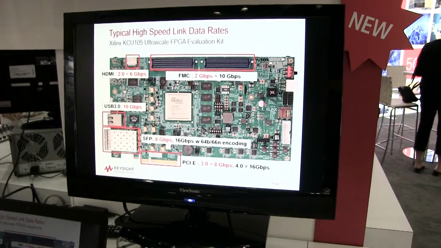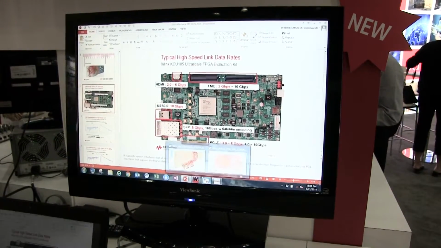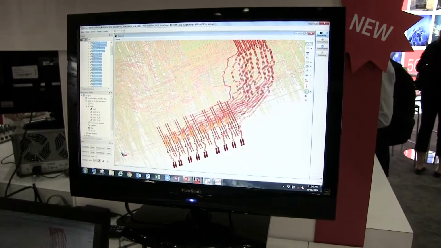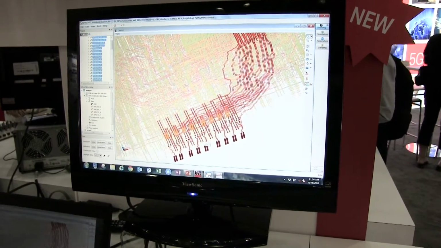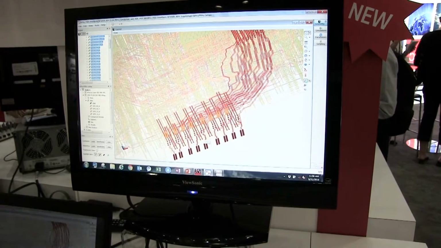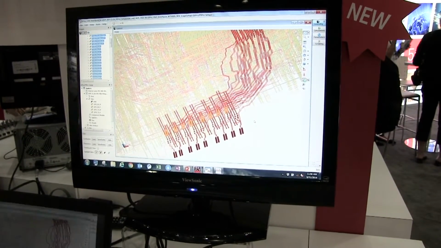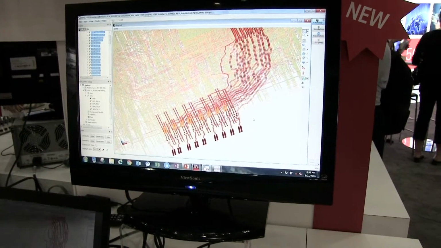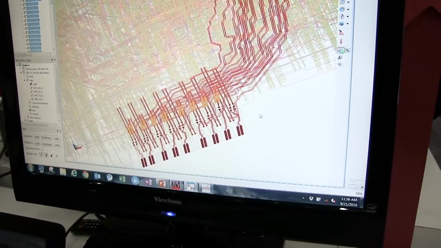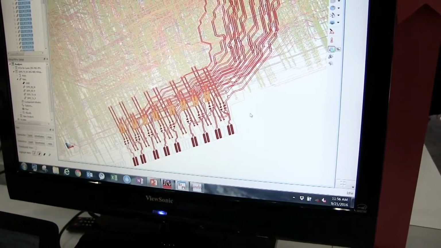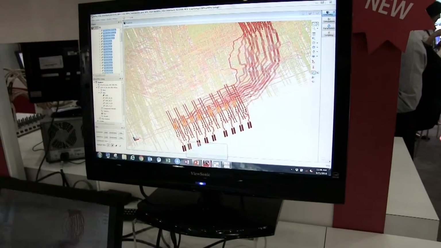So we've taken this board and we brought it into our SIPro tool, and you can see here are the interconnects for that PCIe data channel. And what we can do is we can run an EM simulation on this. If you used a general purpose EM simulation tool, it would take hours and hours to run that simulation. But in this case, we can run it in less than a half an hour. Cool. And what we get out of that is an S parameter file that we can bring into